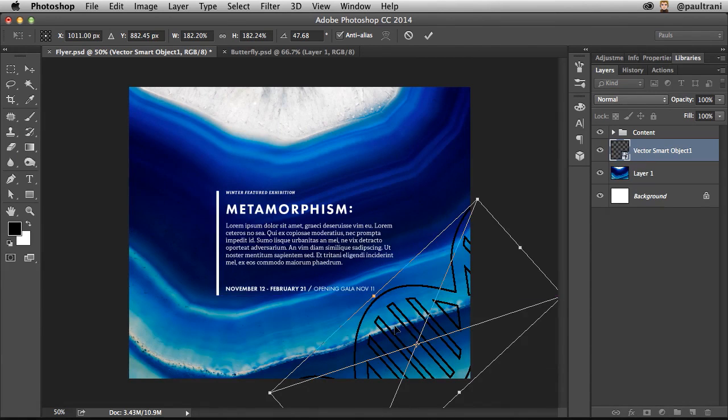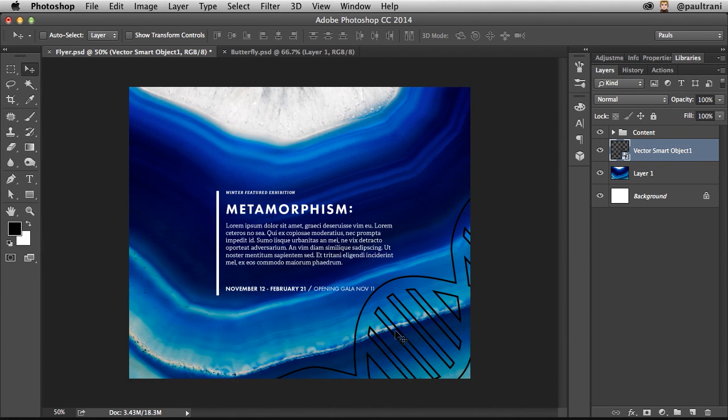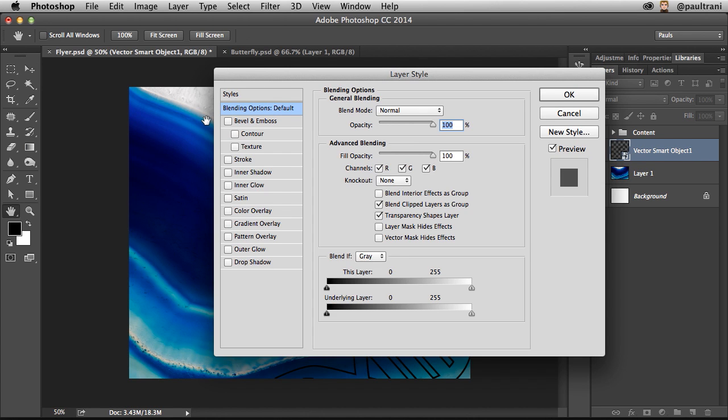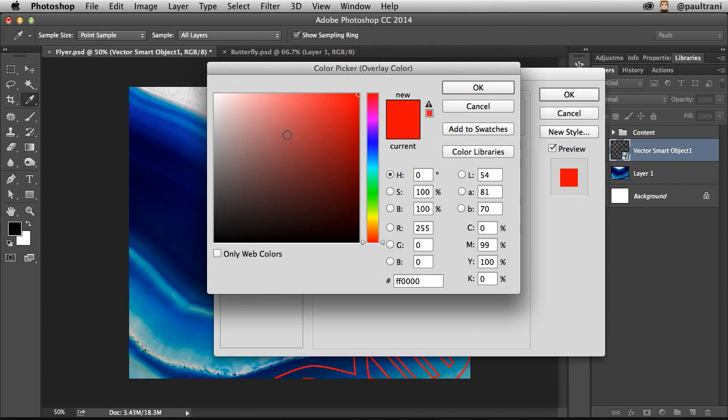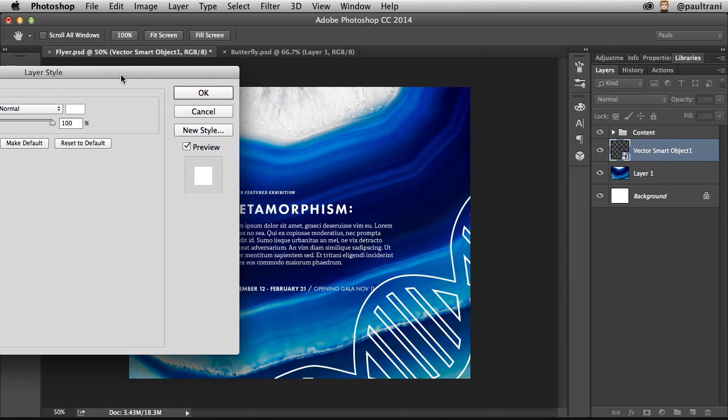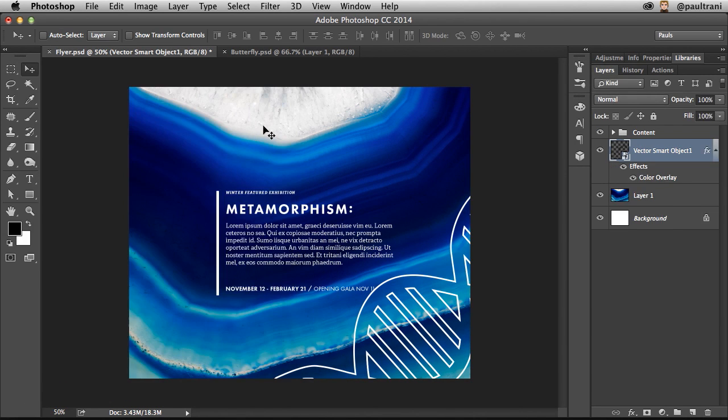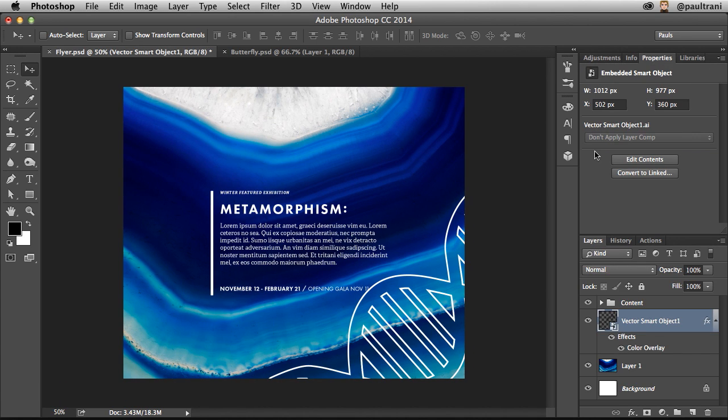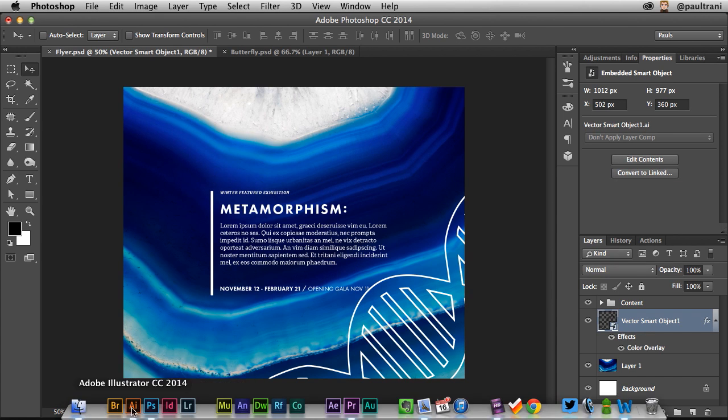And I have control over this asset in Photoshop. So even if I wanted to double click and add a layer style like a color overlay, I don't have to necessarily go back into Illustrator to change the color. So I have full control over that. That is a vector smart object. If I take a look at the properties panel, notice how you can convert it to a linked file if you want to, but let's talk about that because, to be honest with you, there's a lot of logos that are made in Illustrator